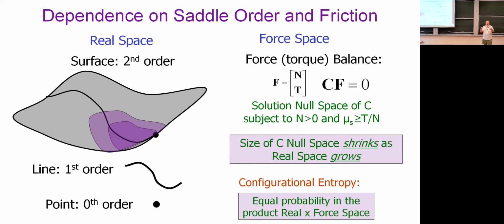You can imagine infinite friction if these particles were like gears. Then pretty much almost any normal force I can make will give as much tangential force as I want. So we can imagine this going, and that's what these contours are supposed to represent. In this space, if I had infinite friction, I could stabilize any of these structures. But since I have finite friction, as I change the friction, I'll change the amount of stuff that I can actually